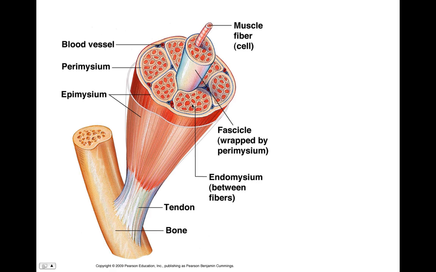This is a more delicate connective tissue. This is areolar connective tissue. And then we are going to make a bundle of a bunch of different muscle fibers, and we're going to wrap them in another connective tissue called perimysium. And perimysium is going to form fascicles. So here's a fascicle here,